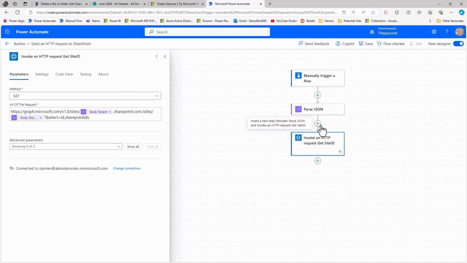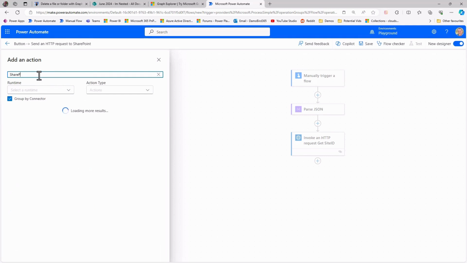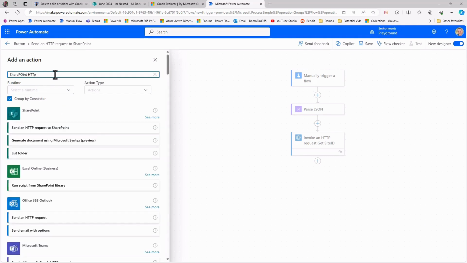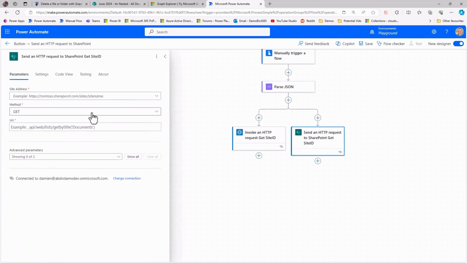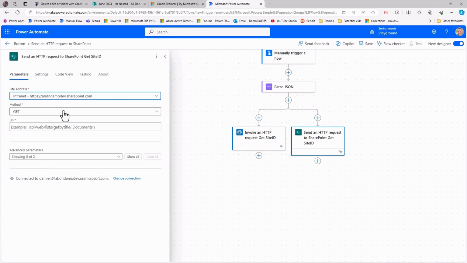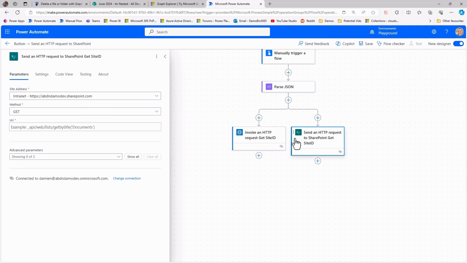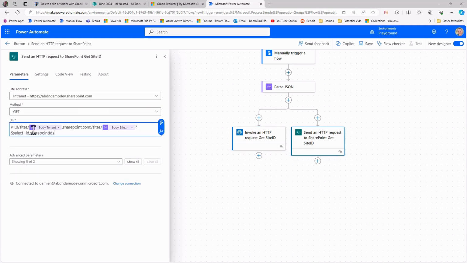Now I promised I was going to run the SharePoint one, so let's run it side by side. We'll add in a parallel branch and we'll search for the SharePoint HTTP. And we'll send an HTTP request to SharePoint. So here we're going to use the root site, so what's traditionally the intranet, so no other sites after that URL. And then we're going to do a get also, but if we jump back onto this Graph API one, I want to copy everything after the graph.microsoft.com, copy that, jump back to the SharePoint, paste that in, but then